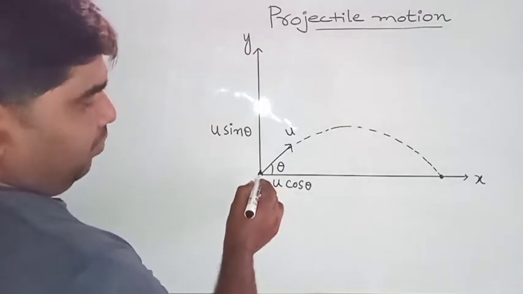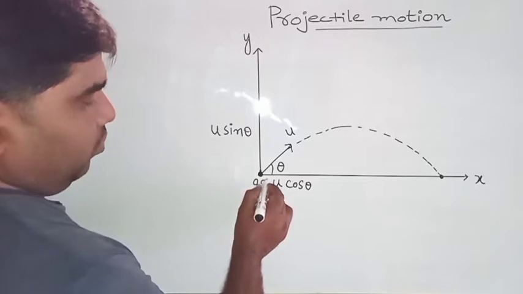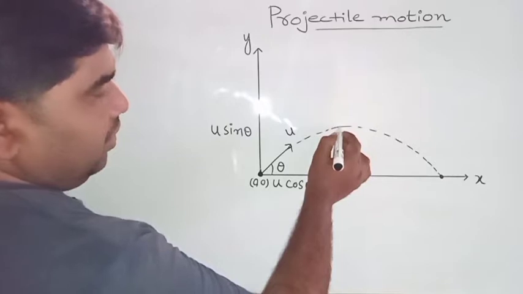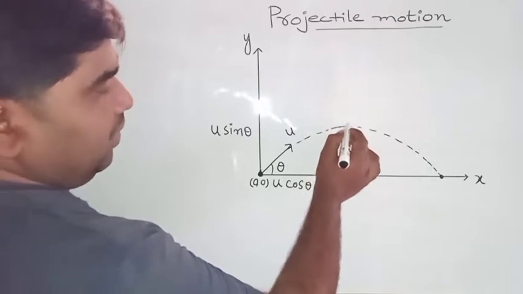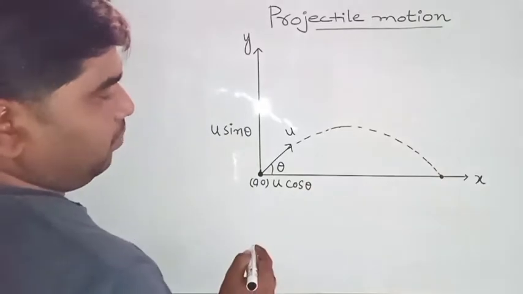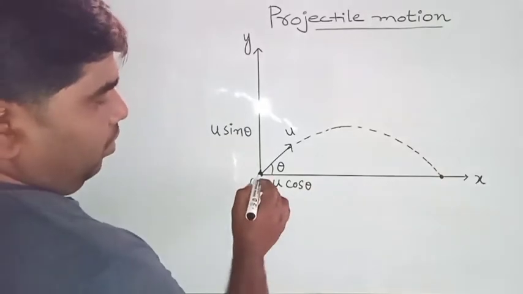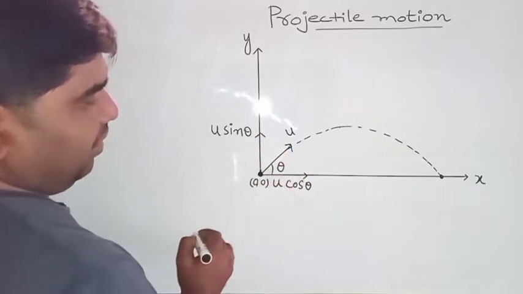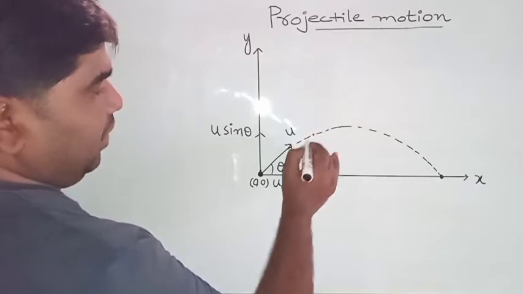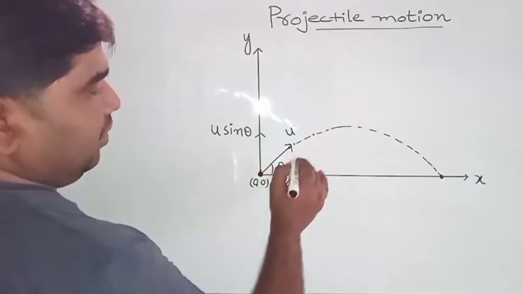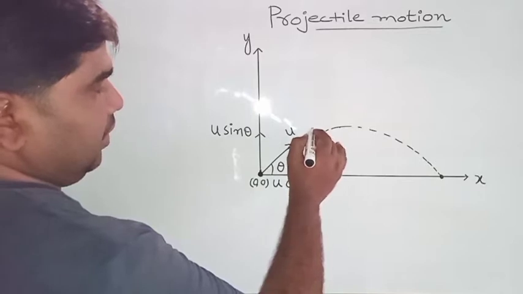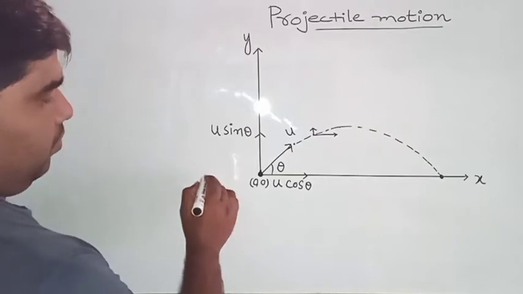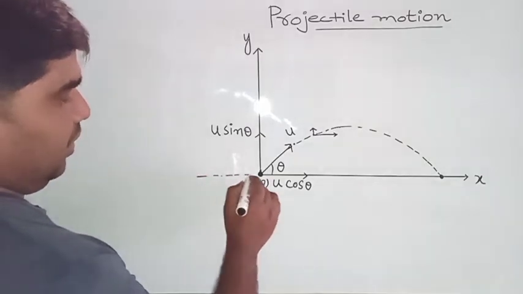Here, when it started from origin 0, 0, when it reaches the maximum height, the velocity becomes 0. After that, it comes in the downward direction. Now, initially, this is the vertical velocity, this is the horizontal velocity. You take at this point, then velocity here decreases when it goes in the upward direction. For understanding purpose, you take here